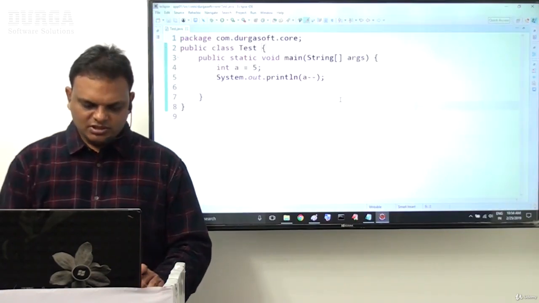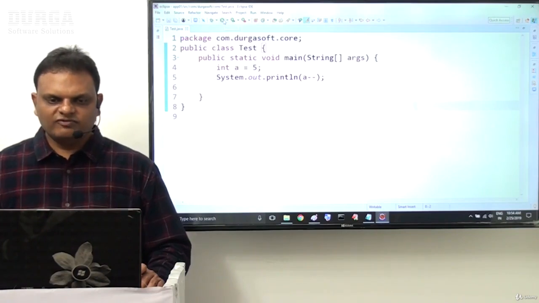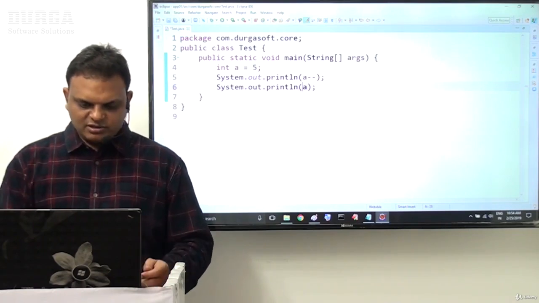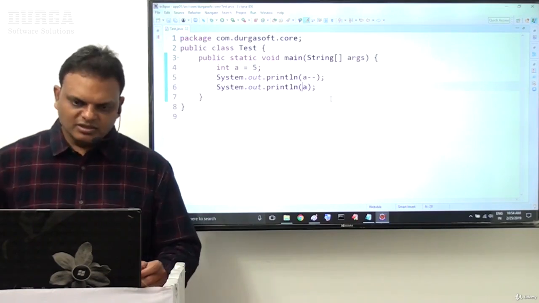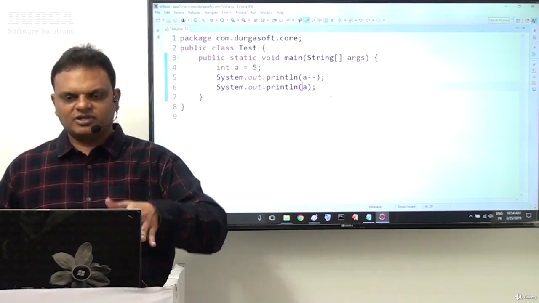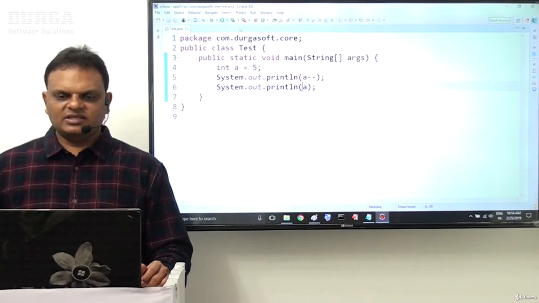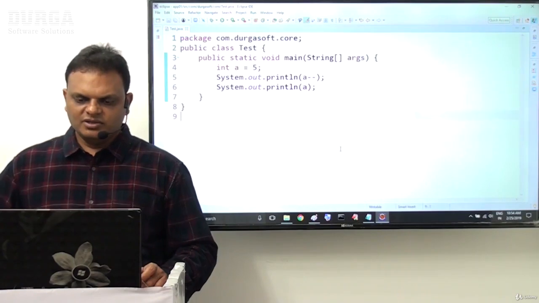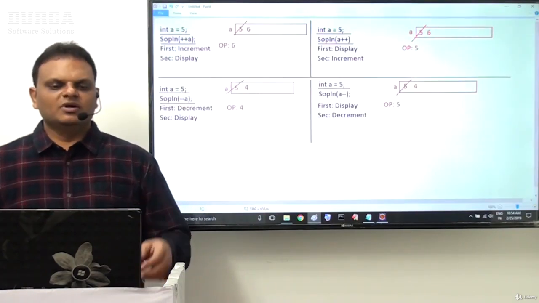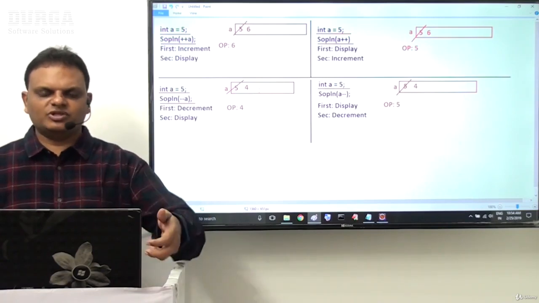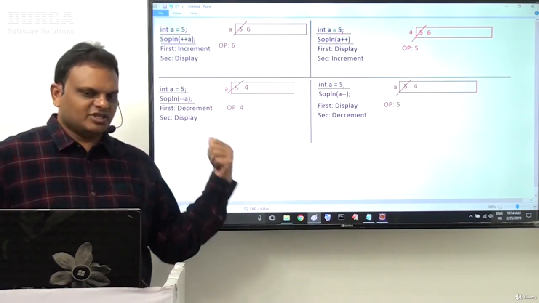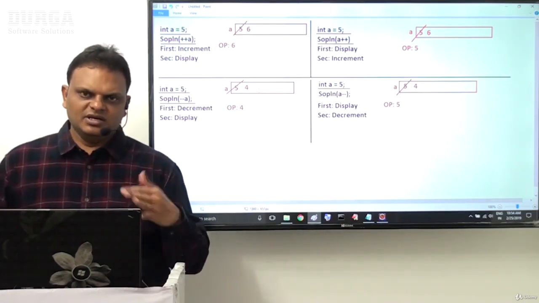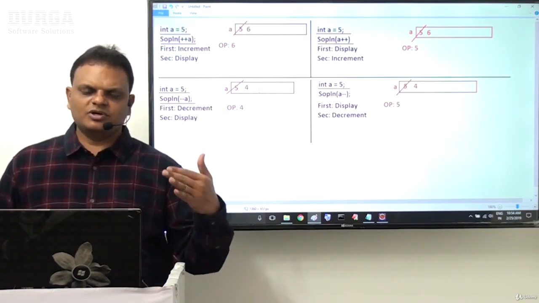Now let us execute this here. In this scenario, the output we are getting is 5 only. But if I display the A value again, internally the decrement operation has gone on, but this is post-decrement. The current A value is displayed first. After that only decrementation is going to be performed. If I run this example, 5 is the first output, and the second output is 4. So in this example we discussed clearly pre-increment with SOP statement, post-increment with SOP statement, pre-decrement with SOP statement, and post-decrement with SOP statement. So this is exactly the behavior of the increment and decrement operations with the System.out.println statement.